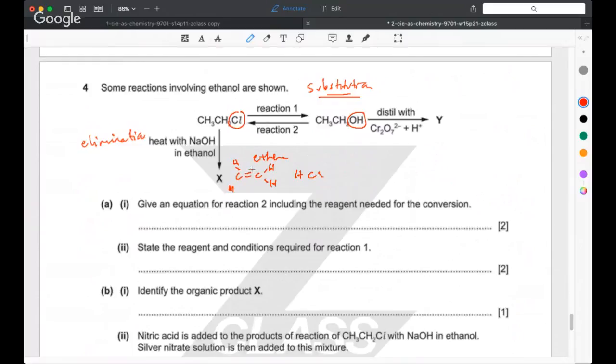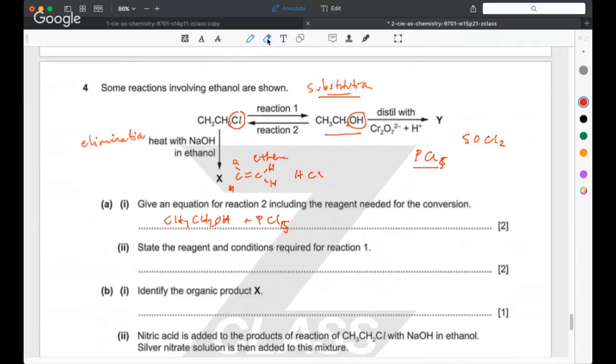But for equation 2, it's just asking, how do you convert an alcohol to a halogenoalkane? Well, that's just something you have to know. And a good chemical for that is phosphorus pentachloride, or you might use thionyl chloride. Personally, I'd use that one. And then you've got an equation, plus